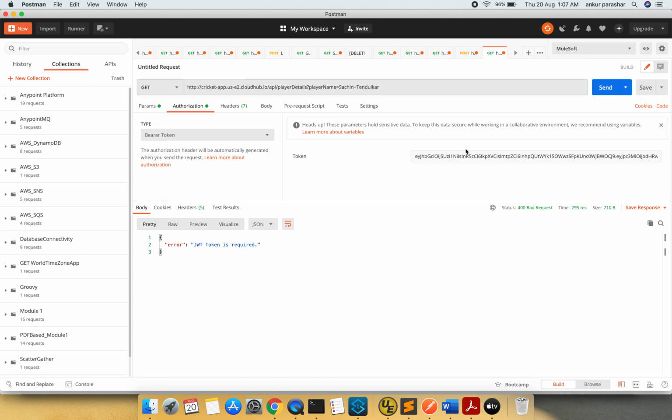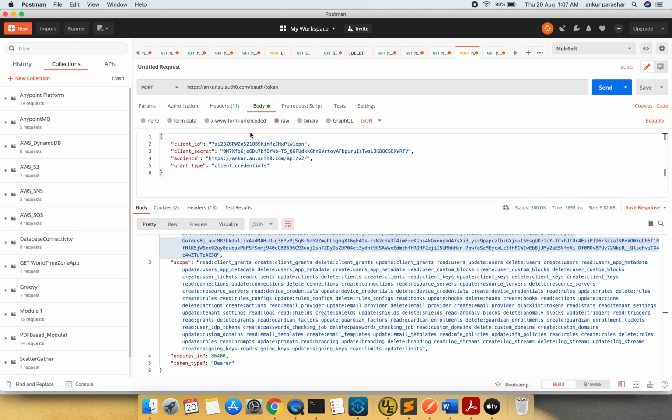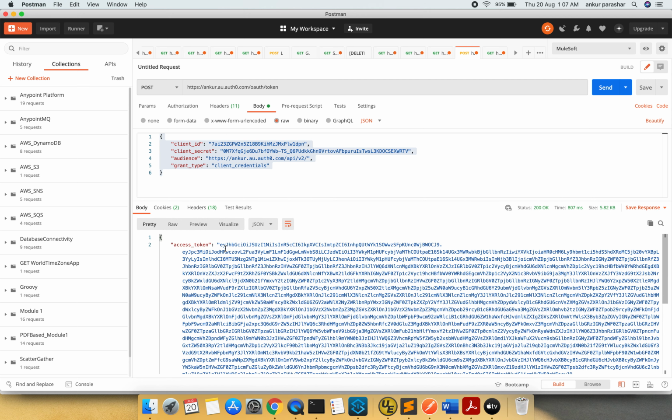And if I change to bearer token, this token value can be taken from this auth token, that is from Auth0. We are using the same Postman body using the client ID and secret. This audience path will remain the same, and with the grant type scope as client credential, if I click on send, it will generate an access token.